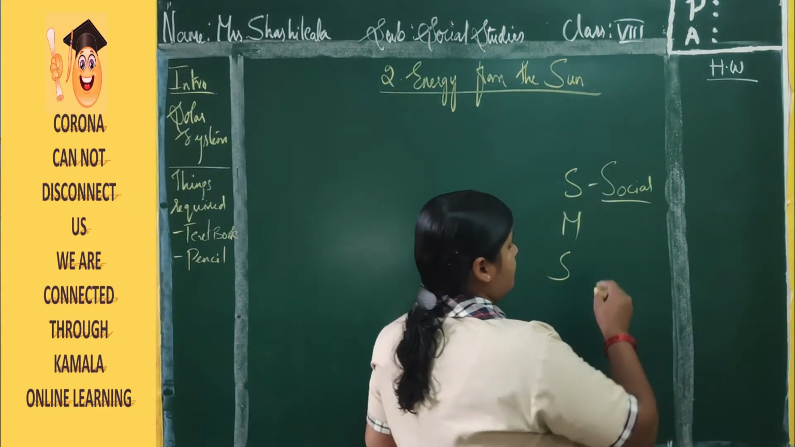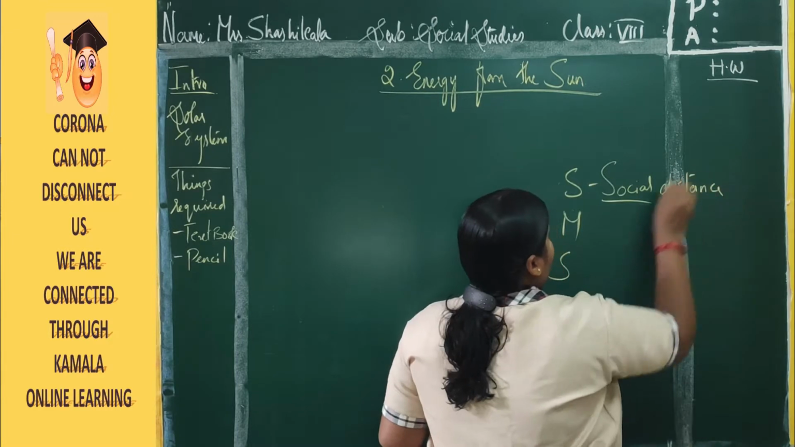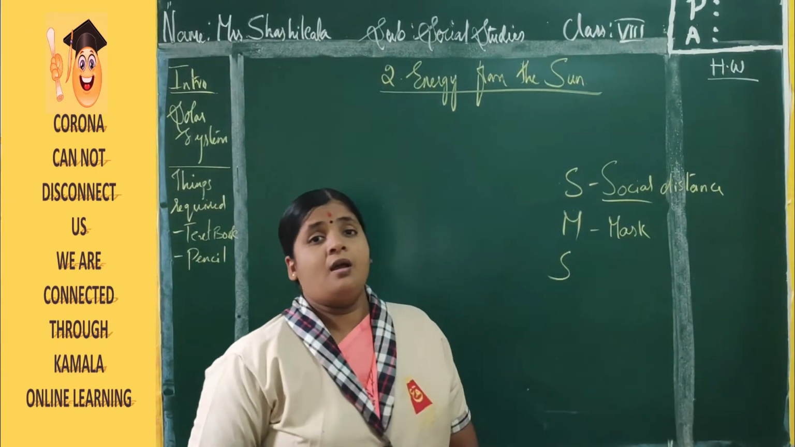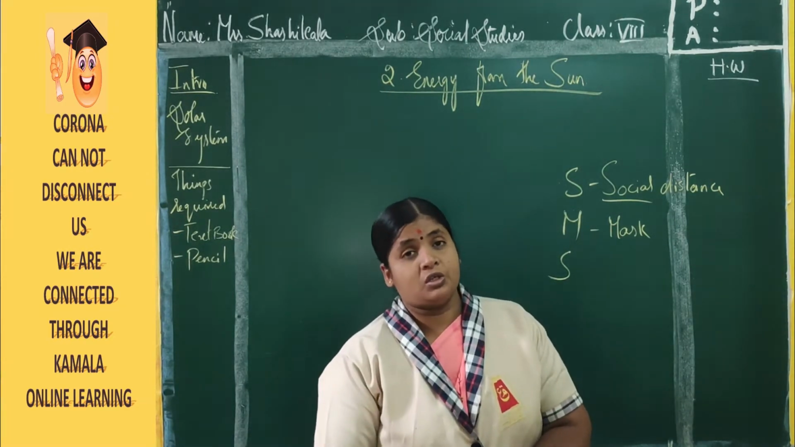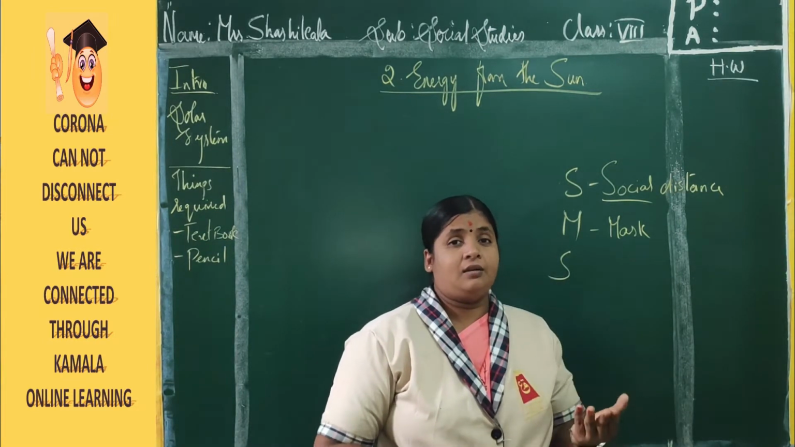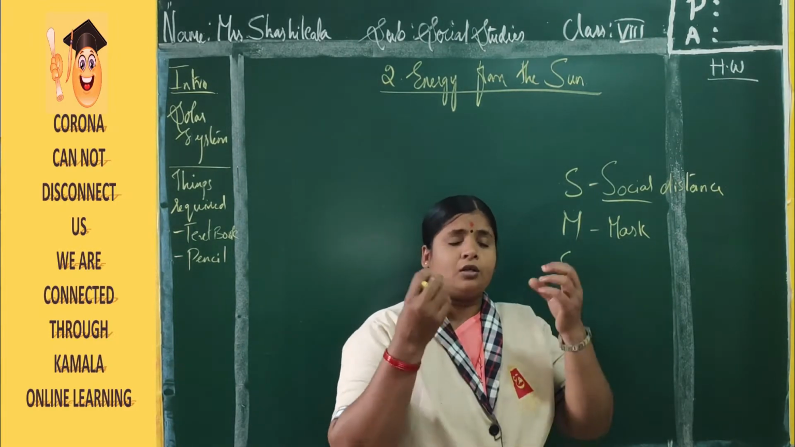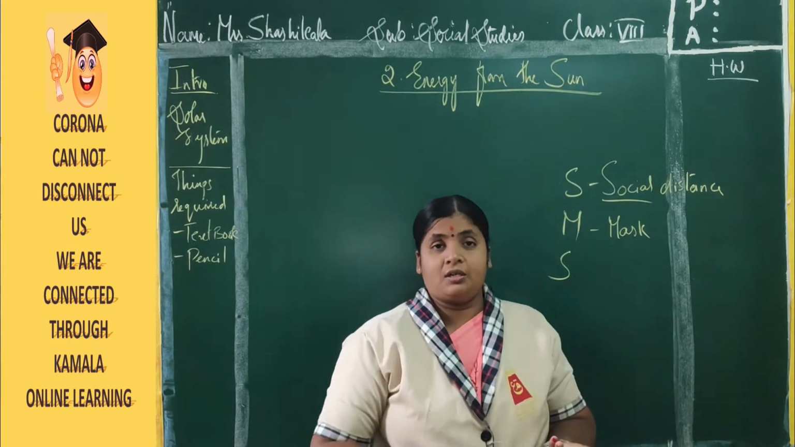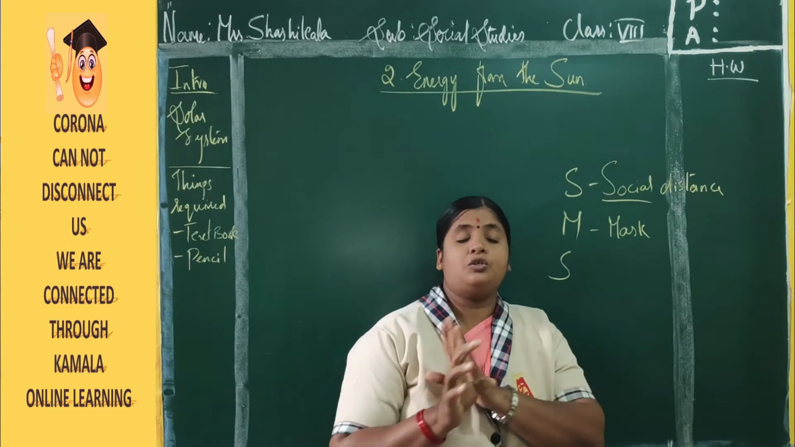The next one is the mask. We need to cover our face with the help of a mask. With our dirty hands we are not supposed to touch our face or our mask. Why? Because unnecessarily we touch many things, so whatever germs are present on them, by mistake we may touch our mask or face. So make sure your hand does not touch